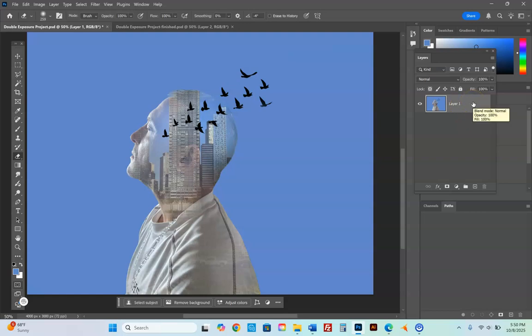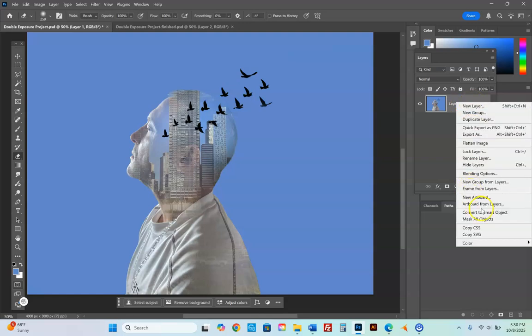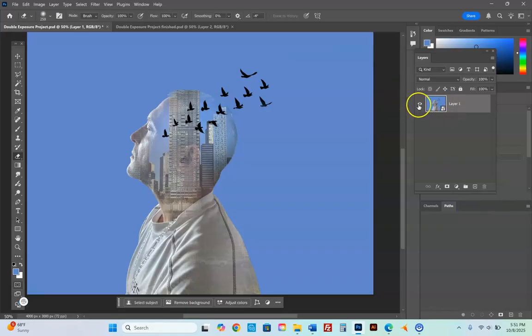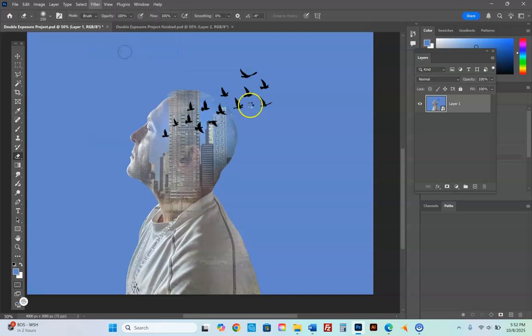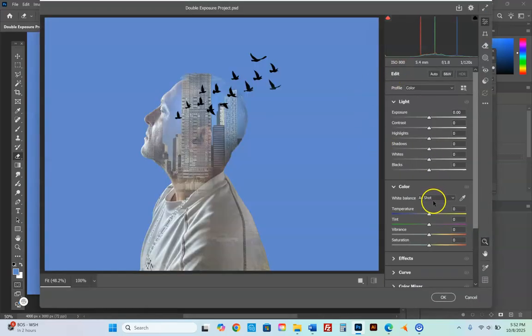After that, you are then going to right click and you're going to convert this to a smart object. There you go. So now you have only one layer here and everything is in one layer of a smart object. Now that everything is transferred down into one layer, we are now going to go to Filter, Camera Raw Filter. Camera Raw Filter is going to open up, and now from here, listen, this is just about